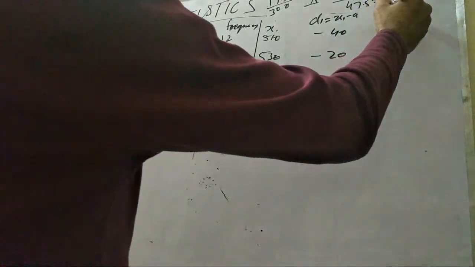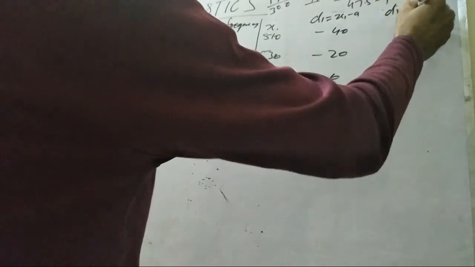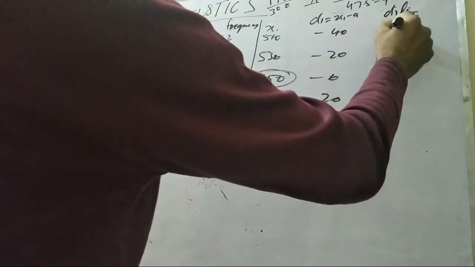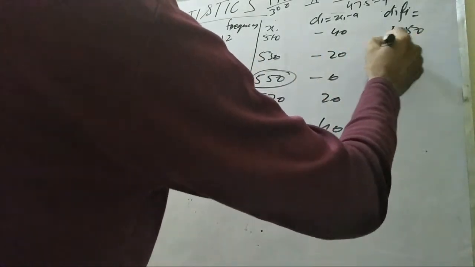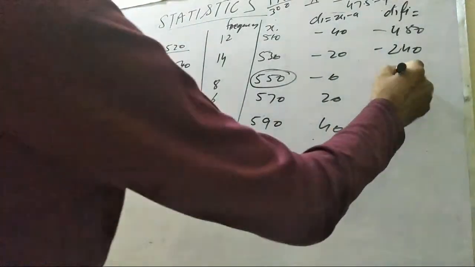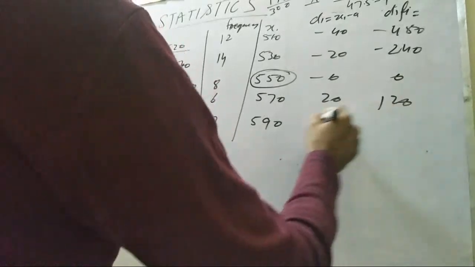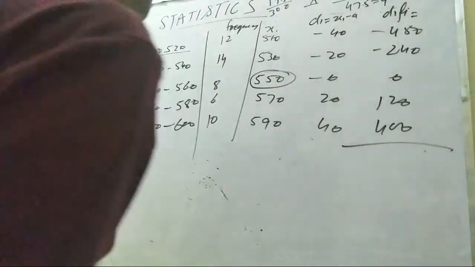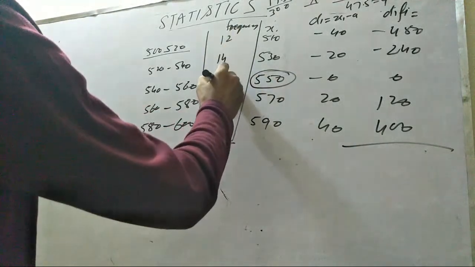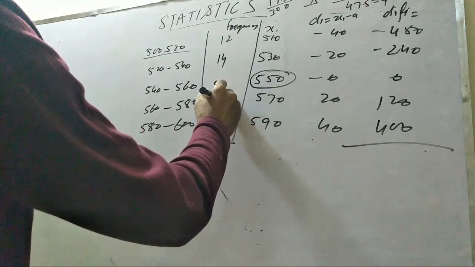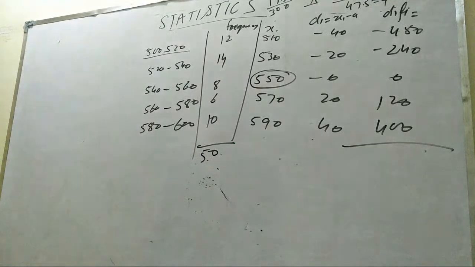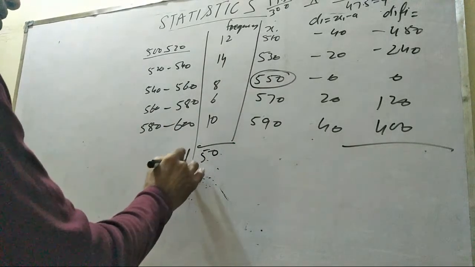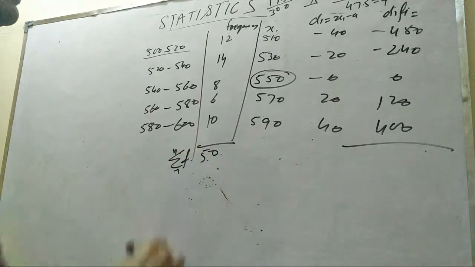And d1 into f1 is equal to, हमारे पास आ गया 480, 240, ये माइनस के हैं दोनों, and this is 0 and 120 and 400, and sum of the frequency 6 और 14, 20, 28, 34, 50, यानी कि फ्रीक्वेंसी हमारे पास 50 आ गई। Sum of the sigma f1 is equal to 1 to n is equal to 50 and d1 into f1 is equal to,